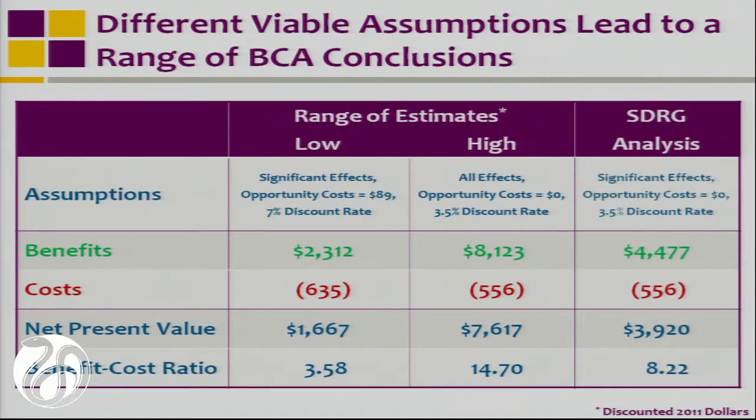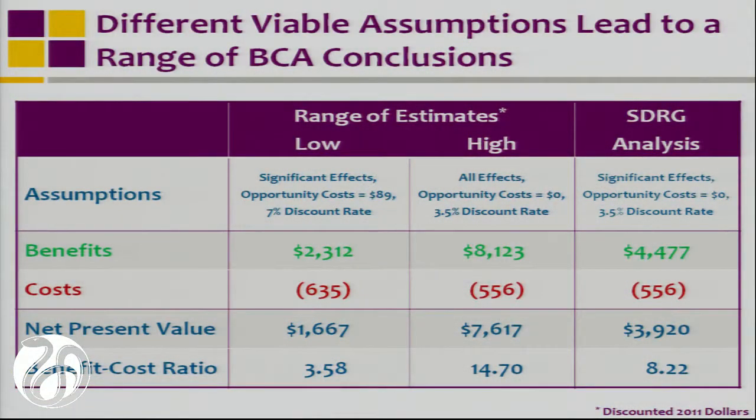You may wonder what we chose based on just our best thinking. We didn't have clear guidance from the field at this point. We chose to monetize significant effects only because those are the ones we had the most confidence in. We thought that there was compelling enough evidence that opportunity costs could be thought of as zero. And we used a 3.5% discount rate because although people sometimes argue for higher, a lot of studies use that 3.5% rate. And if our results are to be used in comparative analyses, it's not to our favor to use a higher discount rate. And as you can see, our results land in the middle of the range.